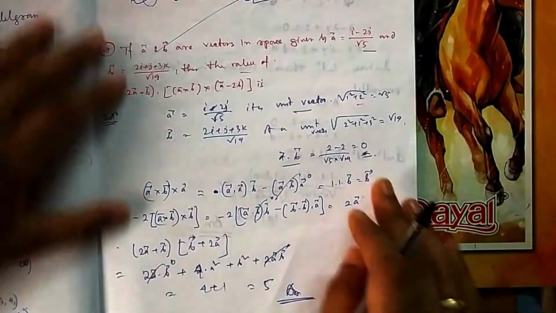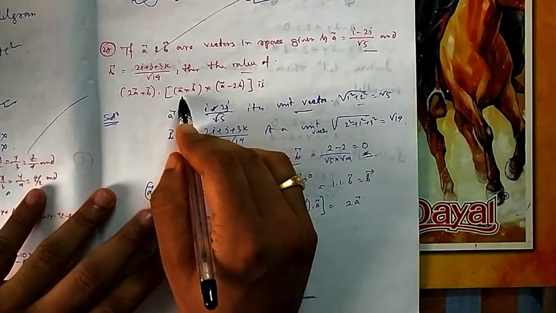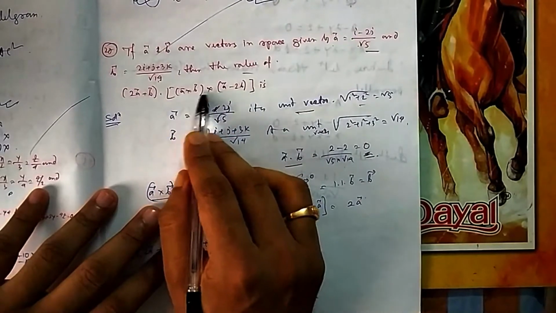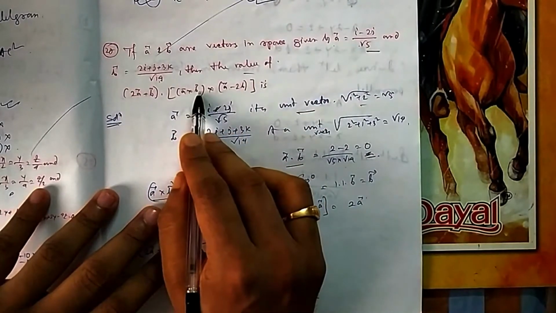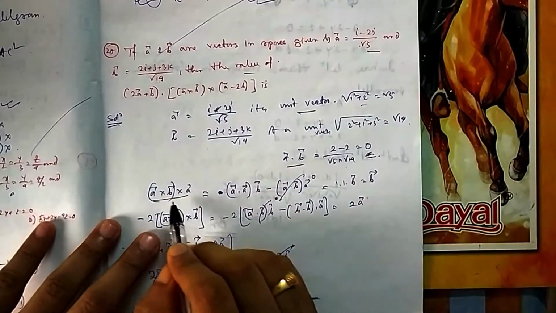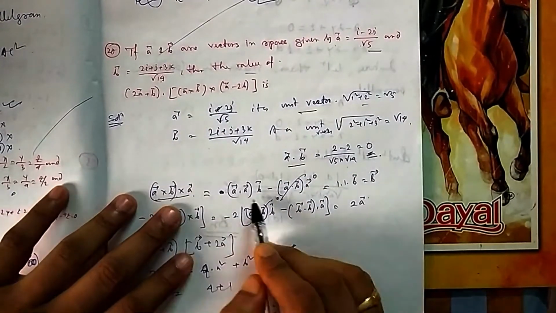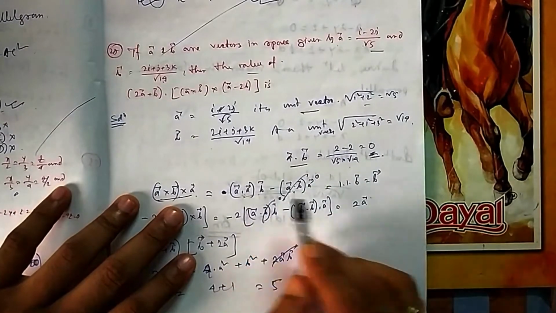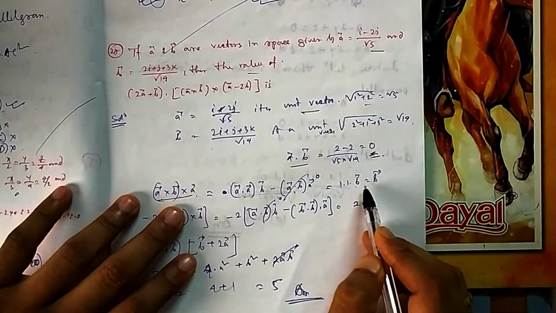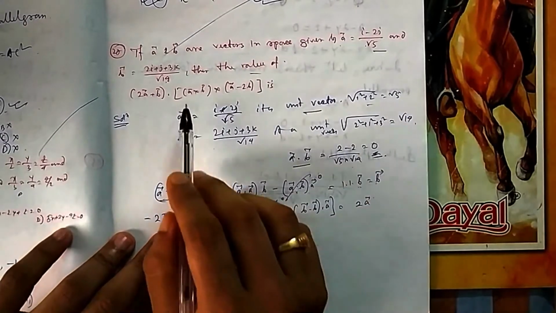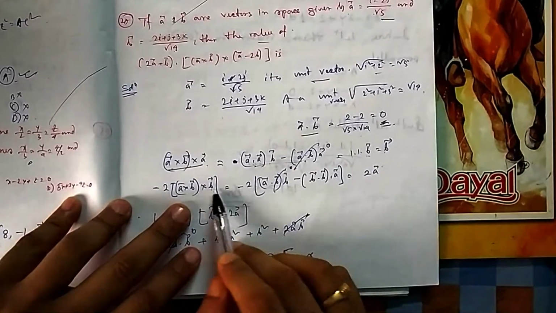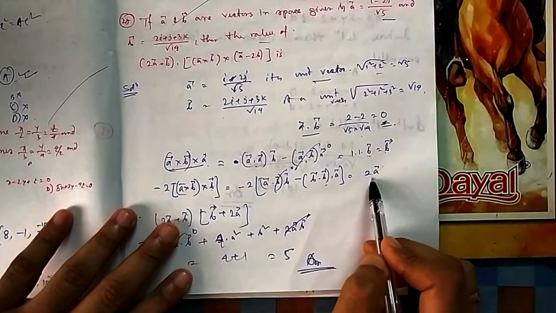Because you have already seen this one, you open this one, A cross B cross A. You calculate, because if you open, the first one will be A cross B cross A, next it will be A cross B minus A cross B cross 2B. So first let us call this one A cross B cross A. If you apply this one, A cross A minus A cross, this is already 0, A dot A is 1, because these are unit vectors you have seen. So it will be B vector. Similarly, the next one will be minus A cross B cross B. So again, if you apply the vector triple product, A dot B is 0, so it will be 2A.